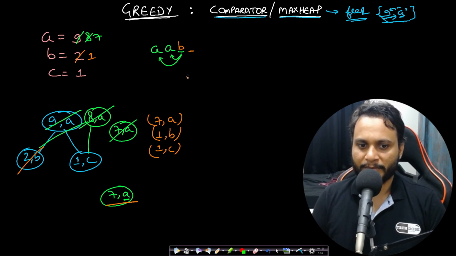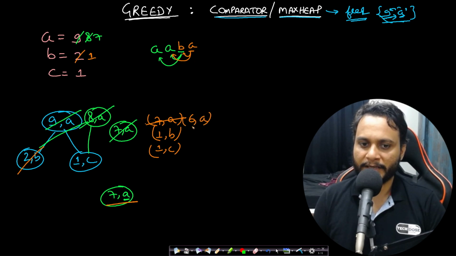Now for the next item, again the top item will be taken out, which is 7 comma A. So 7 comma A is taken out. We will check the previous 2 characters. Now they are not the same, and therefore I can use this 7 comma A. I will use 1 A, and I will update the count to 6 comma A and push it back into the heap. Again for the next character, again the A will be taken out, and this will become 5 comma A,